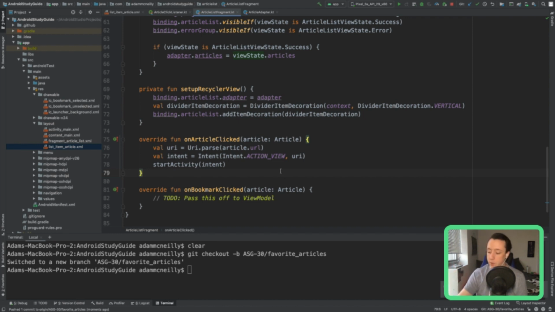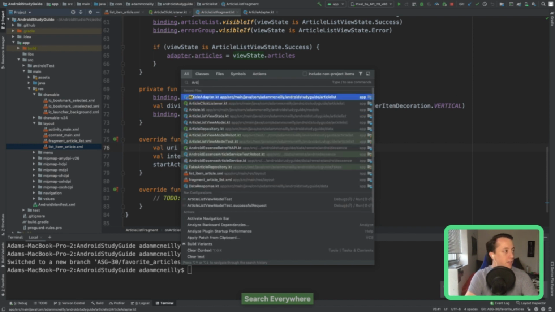So ideally what I would want this to become is you would favorite an article and we'd store that inside a Room database. And then whenever I request articles, I will make that network request in addition to hitting the database, and then I'll map the two together and combine them so I know which ones were actually bookmarked. But I'm trying to think if there's a way we could do this iteratively just to test it.